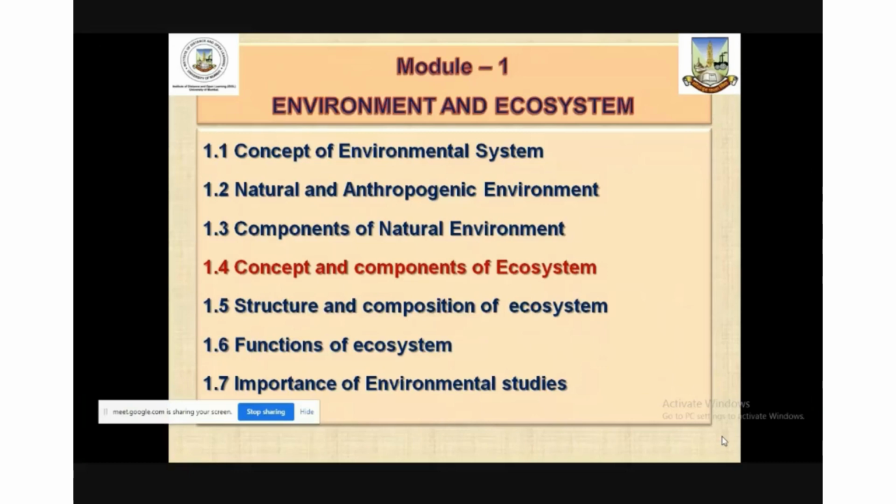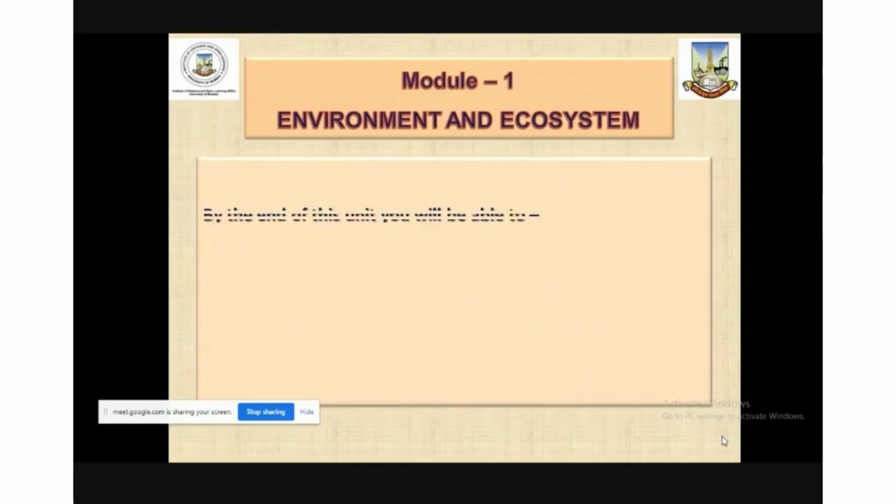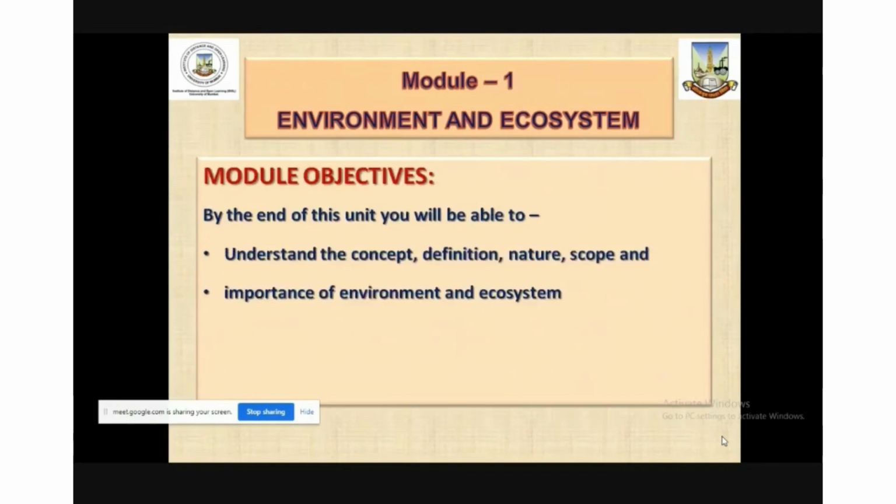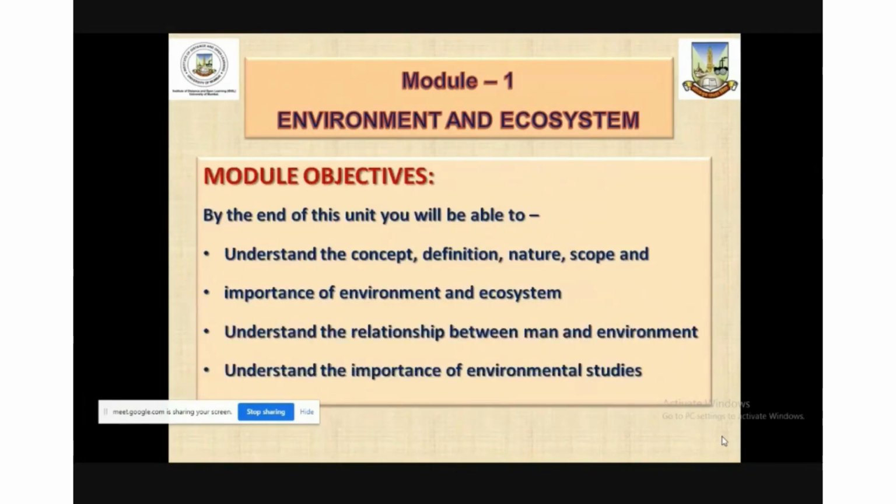Before we actually start the lecture, we need to go through the module objective defined by the university. By the end of this unit, we will be able to understand the concept, definition, nature, scope, and importance of environment and ecosystem, to understand the relationship between man and environment, and we will also be able to understand the